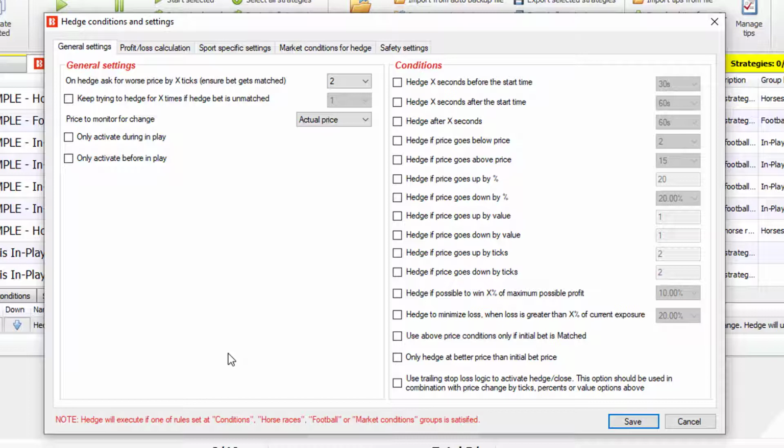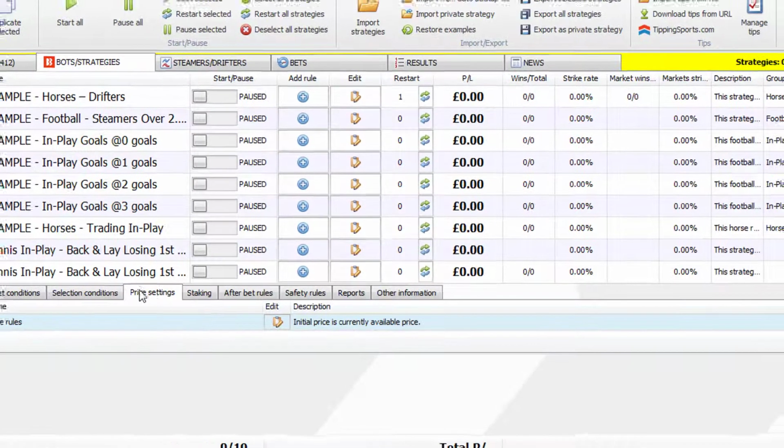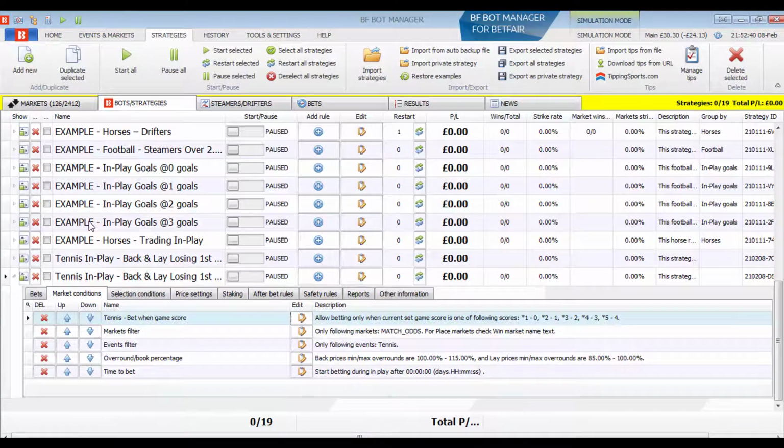These strategies, as with the other example strategies, are just example settings to demonstrate the software functions, and not actual profitable settings. These must be set by the user. Click Save, and again you check the rules make sense, run it in simulation mode, and then in real mode